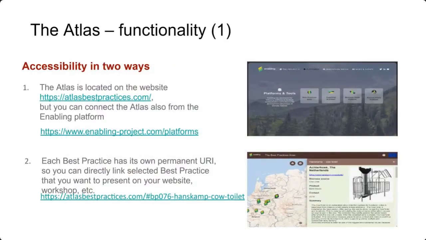And you can access this final application in two ways. You can go directly to the Atlas of best practices, and you can go through the web practices which are in this project. Or another possibility: if you have the direct link, you can go directly to each best practice. So you are able to share this best practice in your social networks, in your reports and